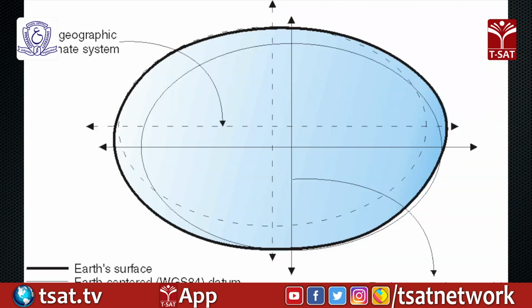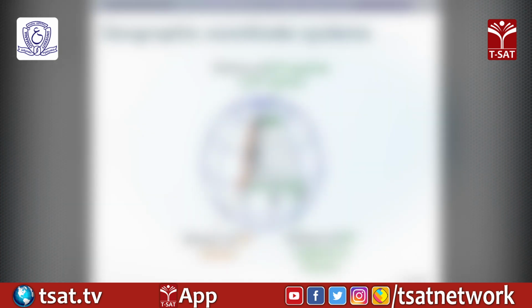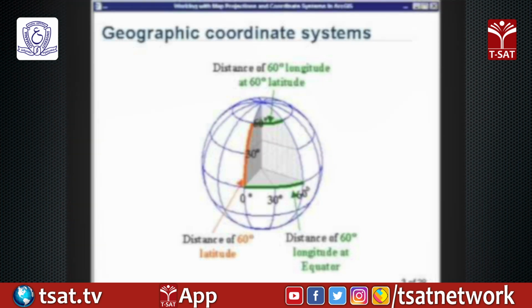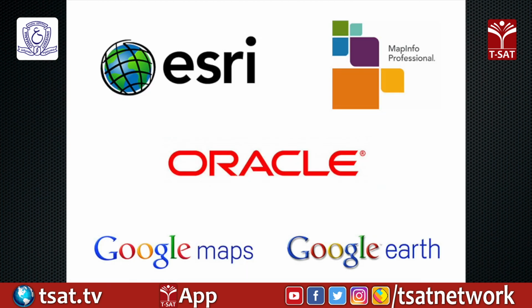A GIS package typically has many options of datum, spatial and coordinate systems. A constant challenge for GIS users is how to work with this large number of coordinate systems. Recently, commercial GIS companies have tried to provide assistance in the areas of projection file, predefined coordinate system, and on-the-fly